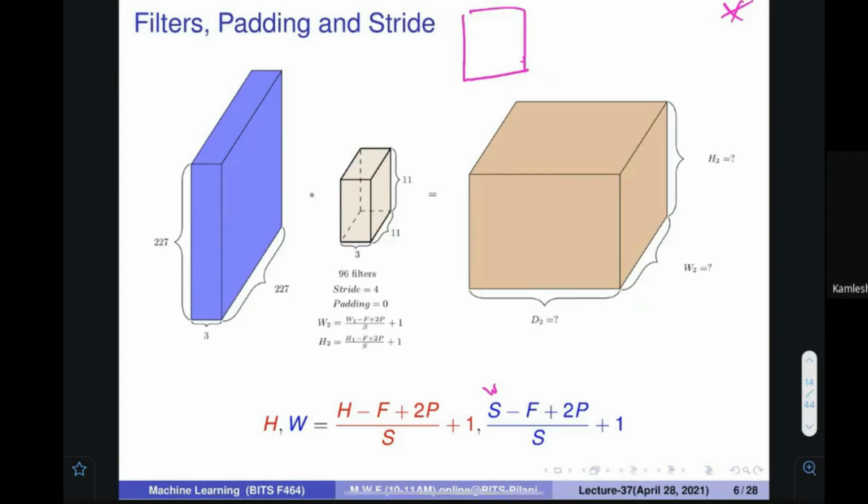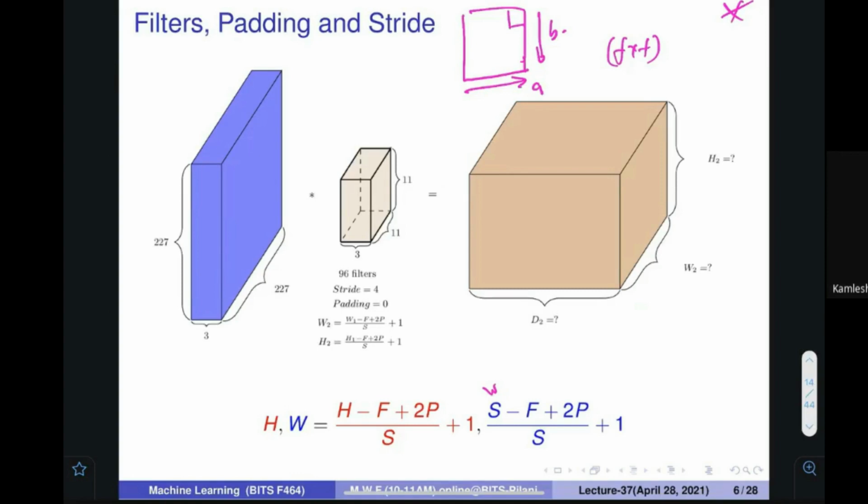I mean there are B number of rows and A number of columns of pixels. And if you have a filter that is F cross F, so you may assume that if you put the filter over here,